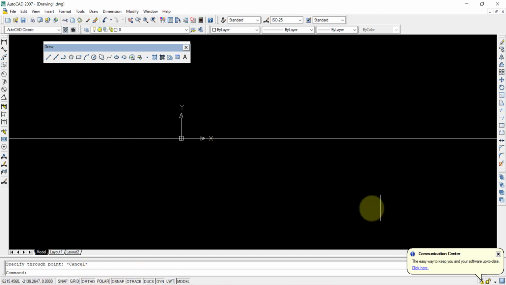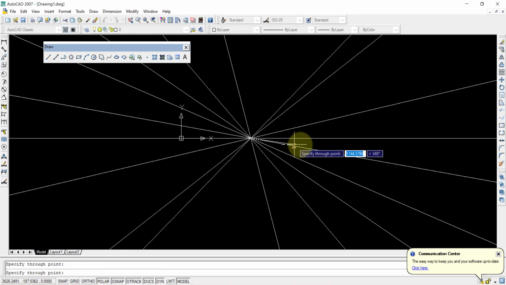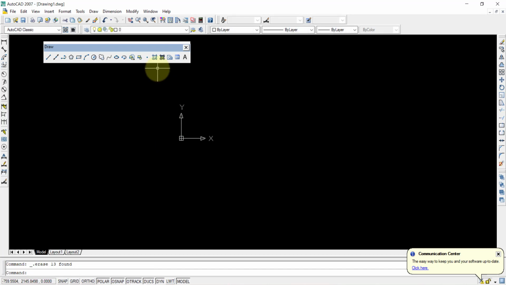Since the ortho button is on, it is straight. So if I keep the polar option and go to the construction line and somewhere at this point I want to draw, I can draw an infinite number of lines. So these are basically the construction lines which are used for construction purposes only, something like reference lines we can say. That is about the construction line.